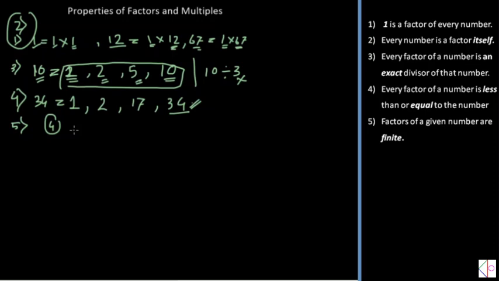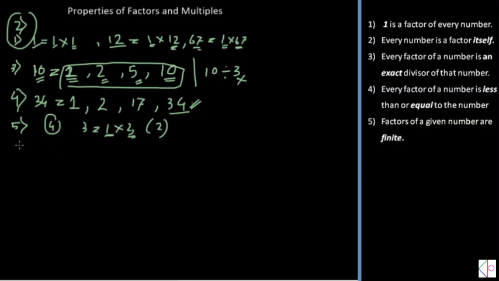If we take another number like 3, suppose, 3 has 1 times 3, that means 1 and 3 only, 2 factors. That is why it is called a prime number. We will discuss it later on. Anyway, the number of factors may be 2, or 3, or 4, 5, anything, but it is finite. We can count it at least.